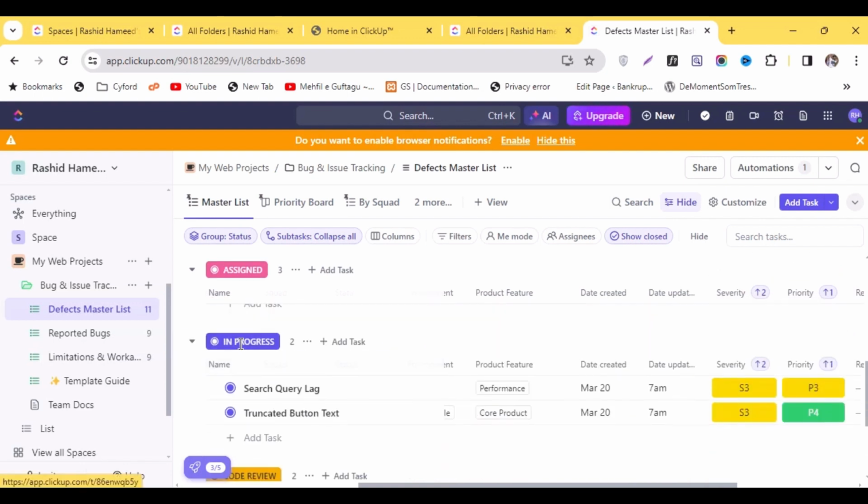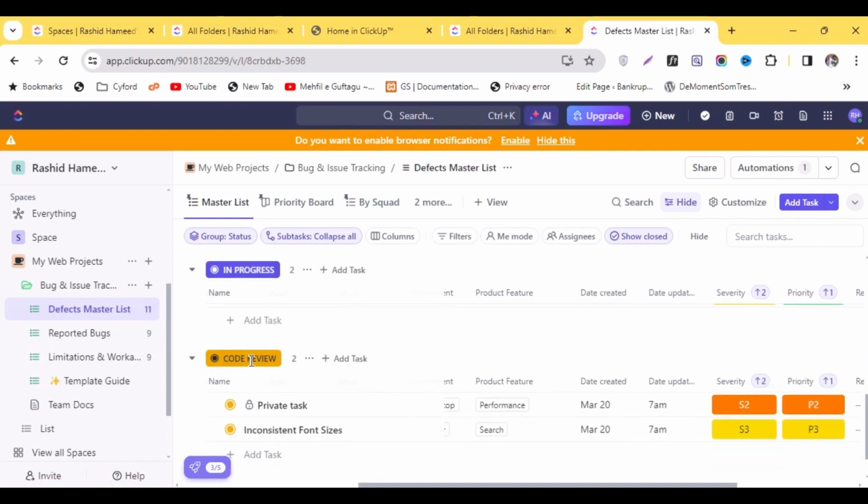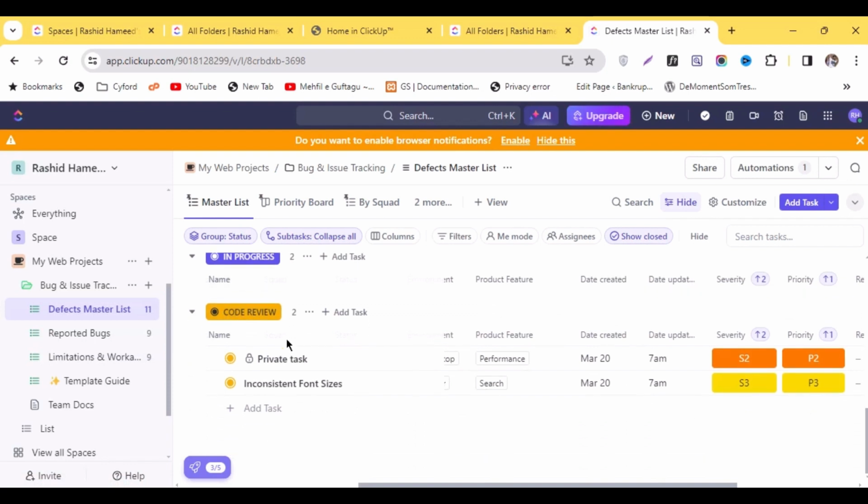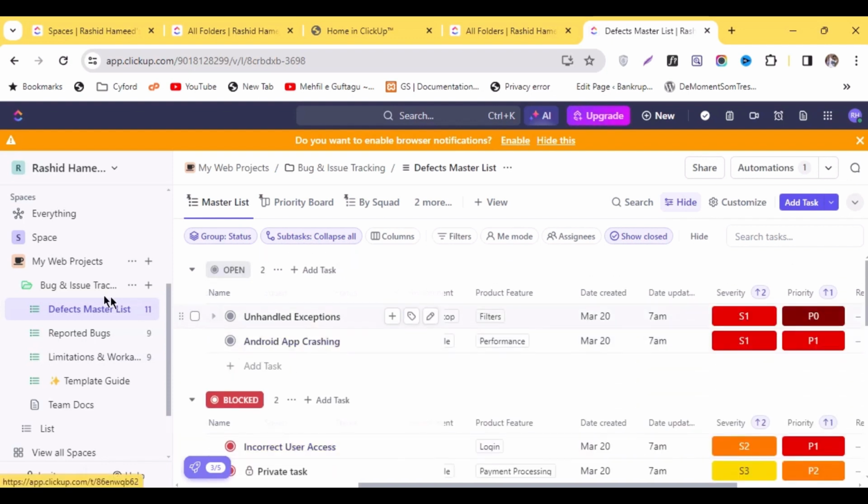Now you can see there are some tasks which are in progress, and there are some tasks which are requiring some code review. So there are so many sections in the defects master list. Now if you are a QA person, and as a QA person you want to report some bugs, there is an option which is called reported bugs. So if you click on that,